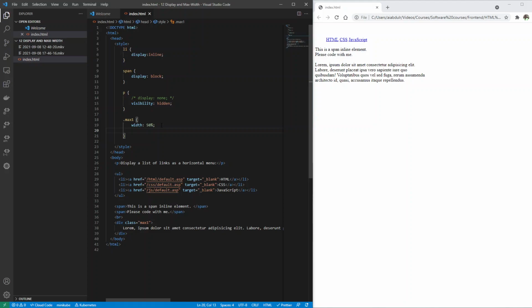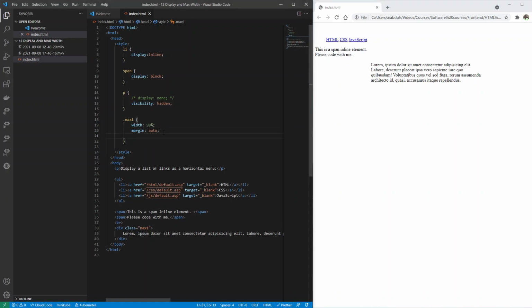The next thing I'm going to do is I'm going to have a margin, and I'm going to set this margin to auto, meaning that it's going to split the rest of the space equally, right and left. So if I refresh this, you can see that it kind of centers it because the margins have been split equally. And just to make this a little bit more visible, I'm going to put a border,